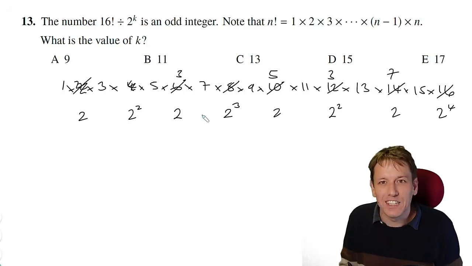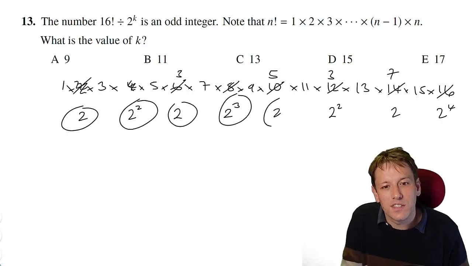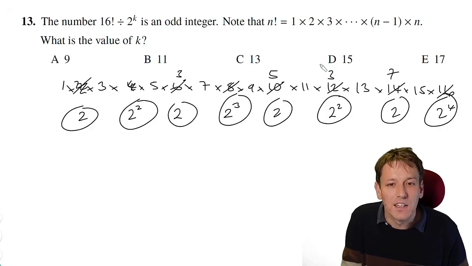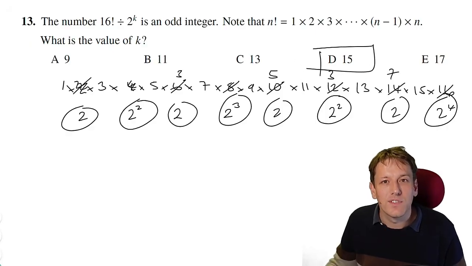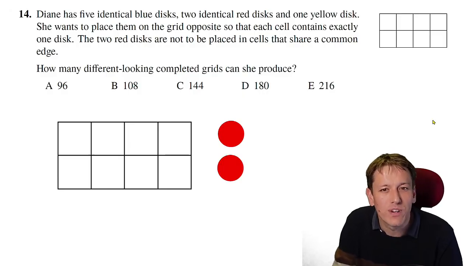So this is exactly the number of 2s that I need to divide by to get an odd integer. So how many are there in total? 1, 2, 3, 4, 5, 6, 7, 8, 9, 10, 11, 12, 13, 14, 15, and the answer here is D, 15. So in question 14, Diane's got 5 identical blue discs, 2 identical red discs, and 1 yellow